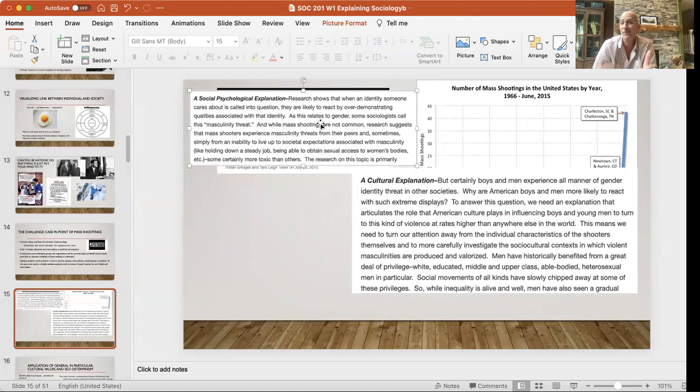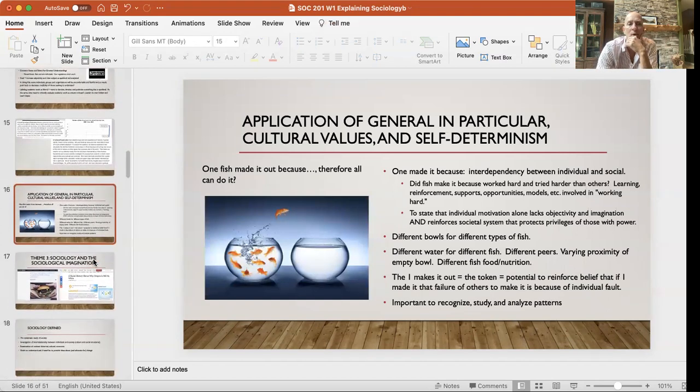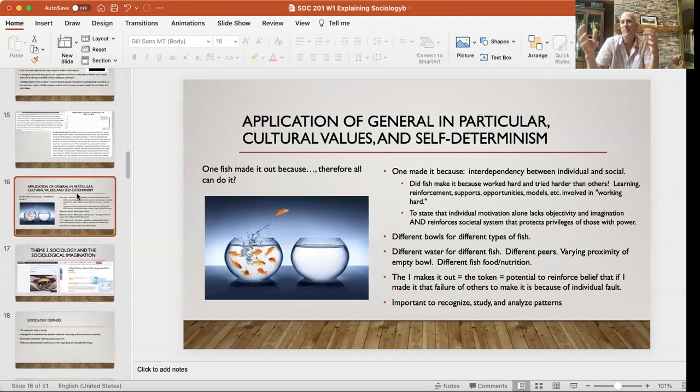This is going to be a big challenge for some, because either they haven't thought about the influence of gender socialization, or they may interpret it as excusing the mass shooting. I would say it's about trying to understand so that we can be in a better position to address some of the causes.